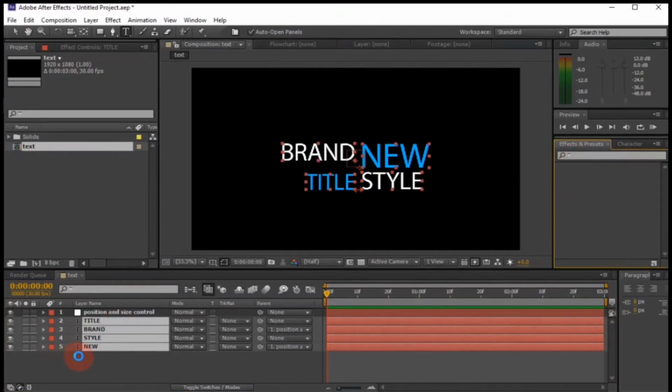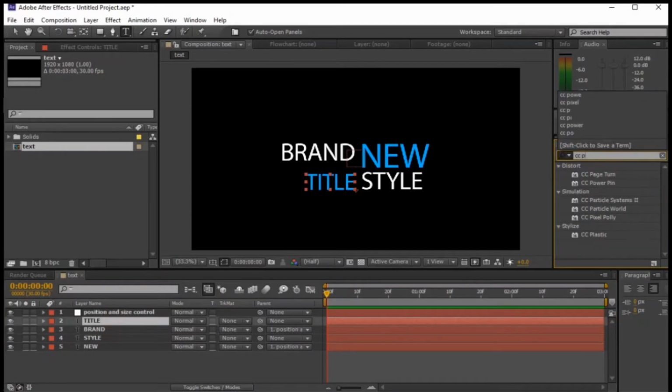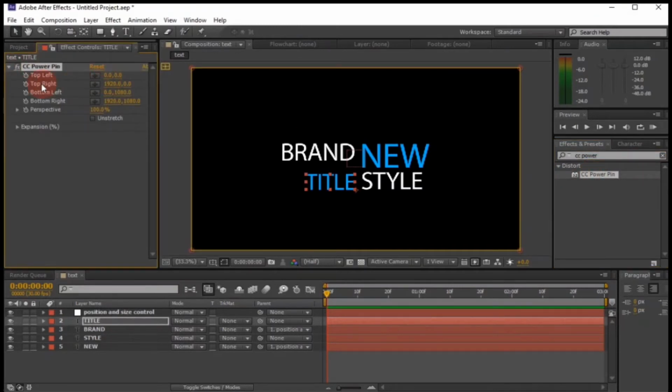Go to effects and preset panel and then search for CC Power Pin. Apply it onto the first text layer and then change the top right second value to -201.